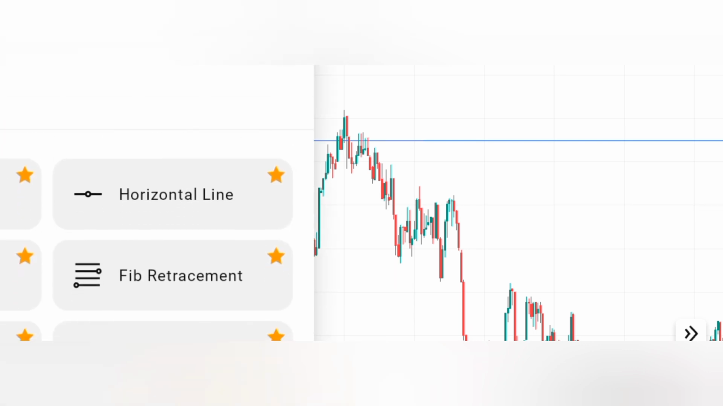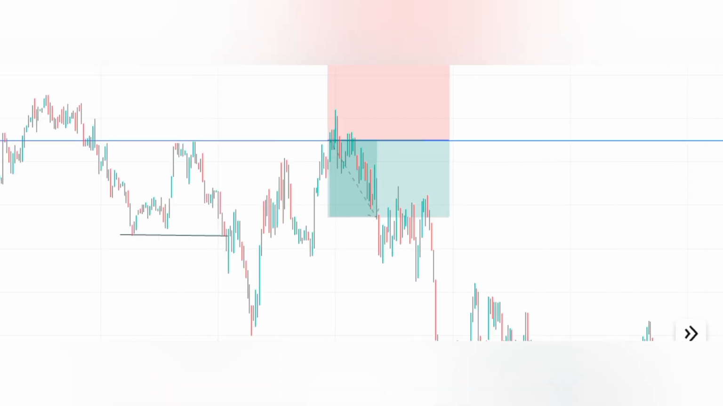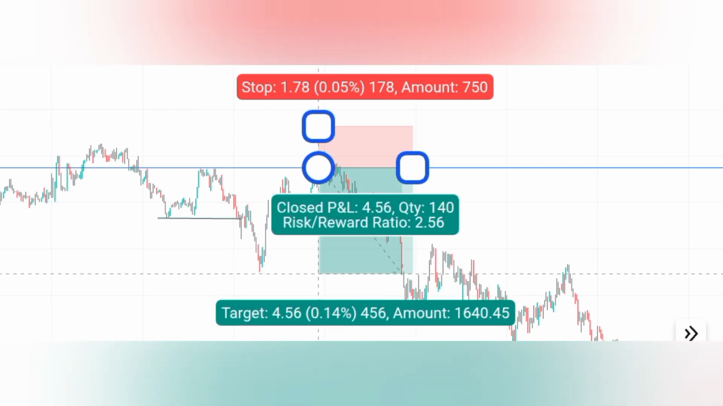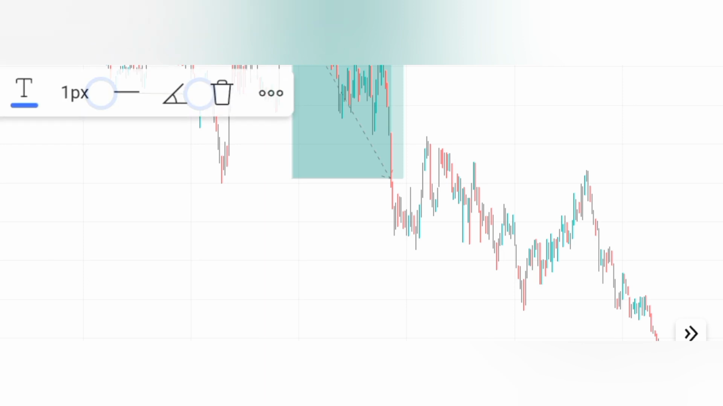Okay, so now you can see that after sweeping out these early sellers that were sold here, the market just moved perfectly in our zone. Okay, so now in our direction, you have to go like that. Also, after that, you have to indicate